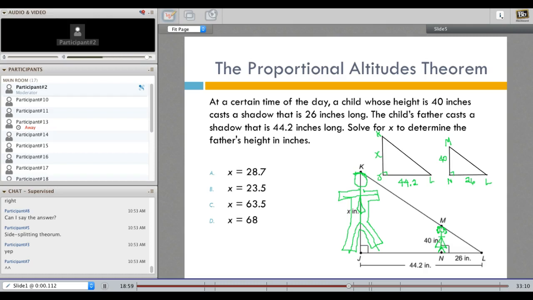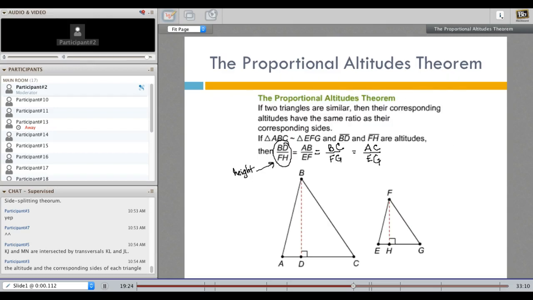Yeah, exactly. Well, it is a version of the side-splitting theorem. You're right, and it's an extension of that. And they'll go through the proof of it in the lessons if you're interested. Okay. True. Now let's take it back a step, not go quite so deep. So hang on just a second. Let me go back here.